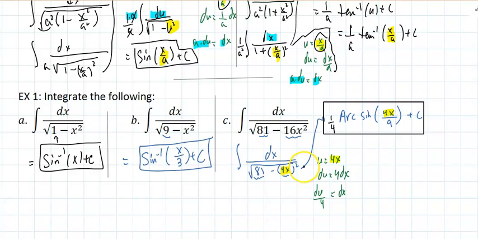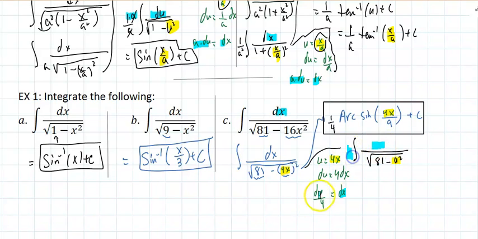So this integral right here could have become the integral of the square root of 81 minus, and I sub for 4x, u squared, and you notice dx is going to be